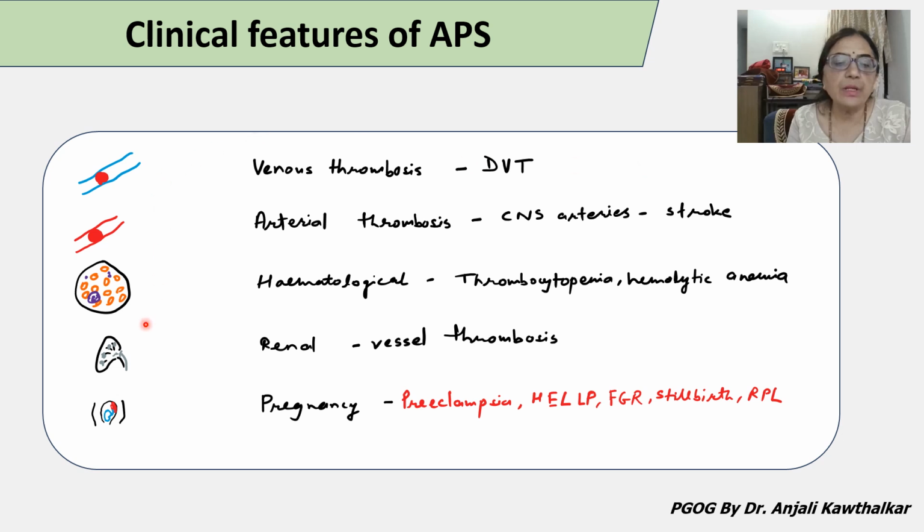So diagrammatically, you can remember that the disease can affect veins, arteries, and the formation of the cells which we observe in the peripheral smear. You can remember this as hematological changes. Renal changes can be there, and it can affect the pregnancy. Accordingly, whatever system is getting affected, the patient's presentation will depend on that, what clinical features the patient will have. There can be a combination of any of these, or there can be involvement of only a single system.